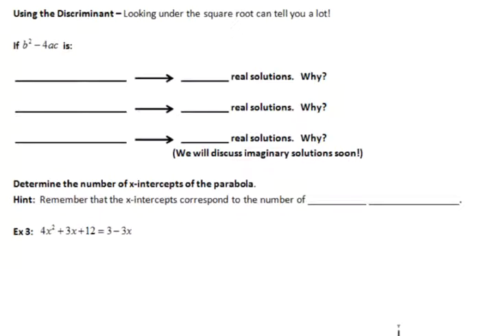Advanced Algebra 3.4, we're going to look at the discriminant. So the discriminant is the part that's underneath the square root in our quadratic formula. So our discriminant is this b squared minus 4ac. So if we think about where it is in the quadratic formula,